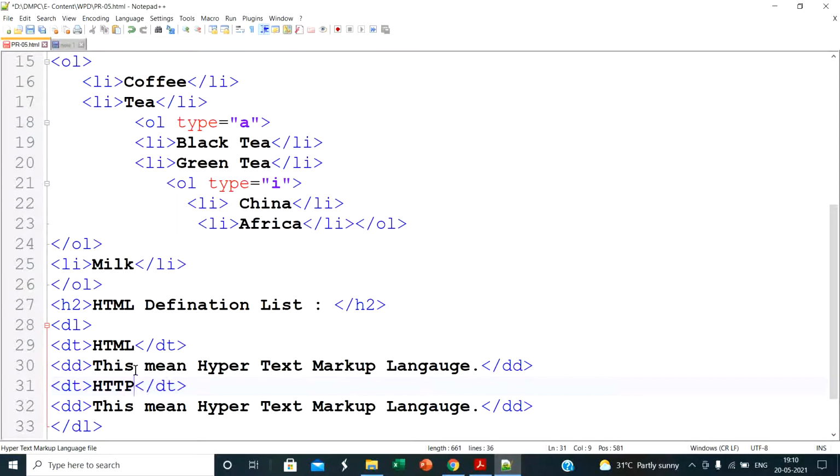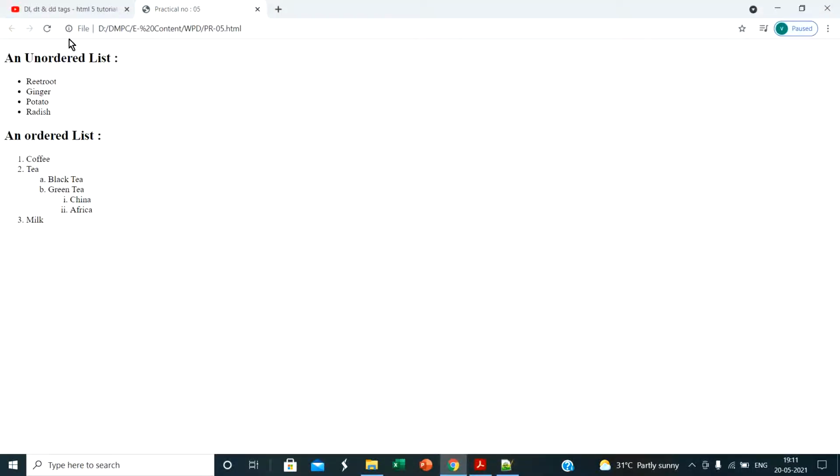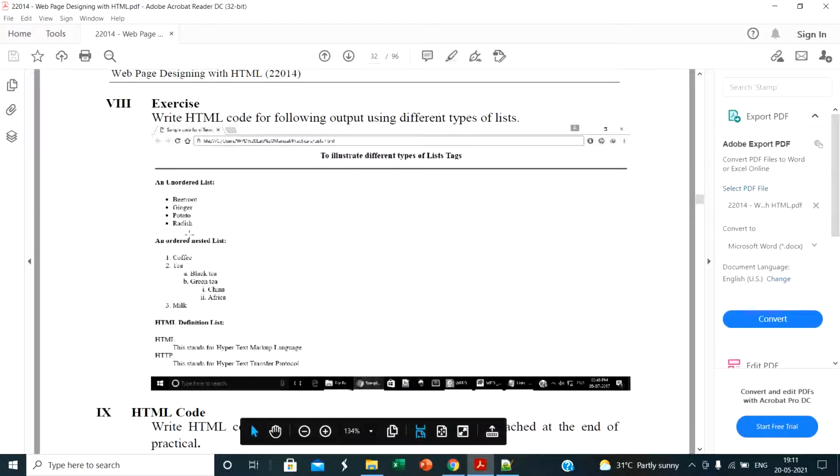Okay, and the full form of HTTP is hypertext transfer protocol. Okay, save this and then refresh your page. Okay, so you get the output that is mentioned in your manual.